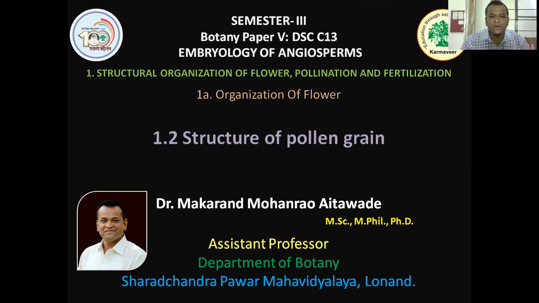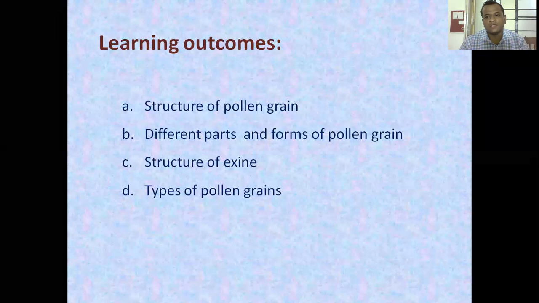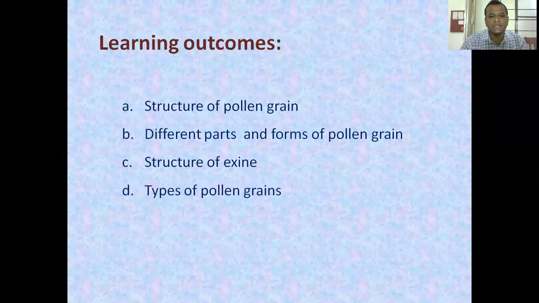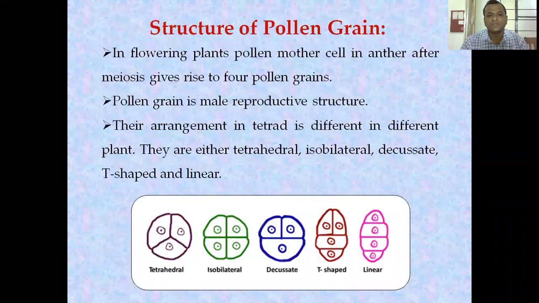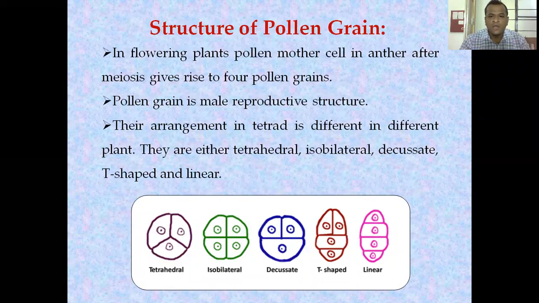In the last lecture, you have understood the structure of a typical stamen and the structure of a tetrasporangiate anther. In this lecture, we are going to discuss the structure of pollen grain. Let us know the learning outcomes of this lecture. After listening to this lecture, you will be able to understand the structure of pollen grain, then different parts and forms of pollen grain, then structure of exine and types of pollen grains. So in flowering plants, a pollen mother cell in the anther after meiosis gives rise to four